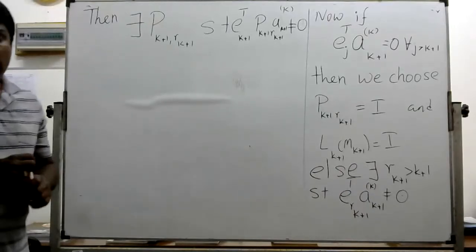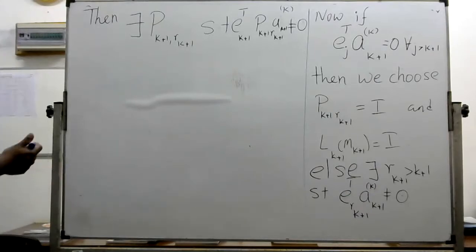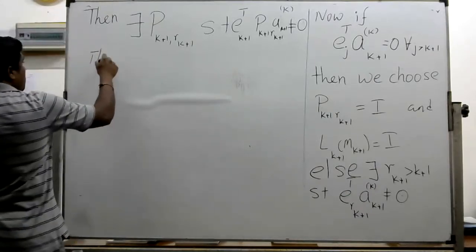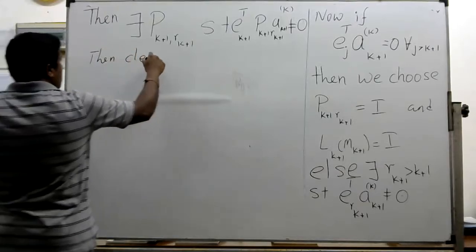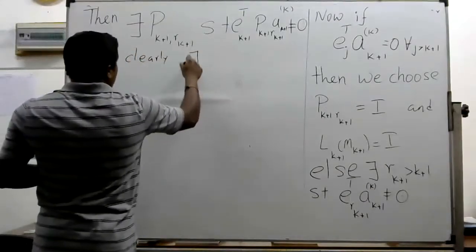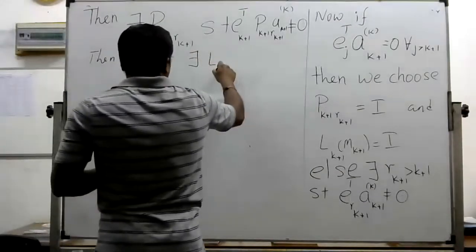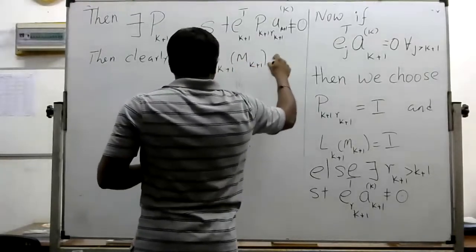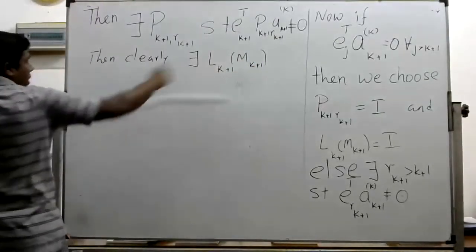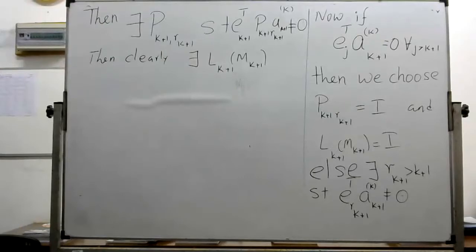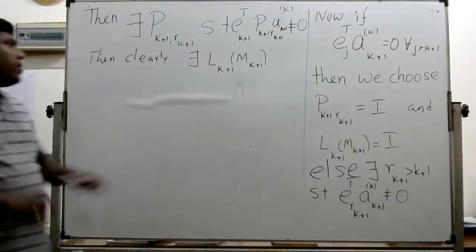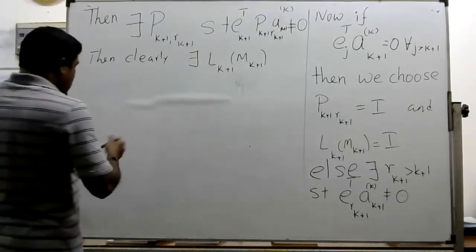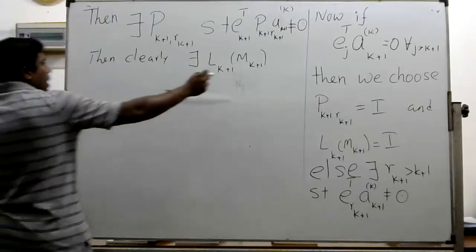So then clearly, again according to the last theorem, which I did earlier, there exists an elementary lower triangular matrix such that